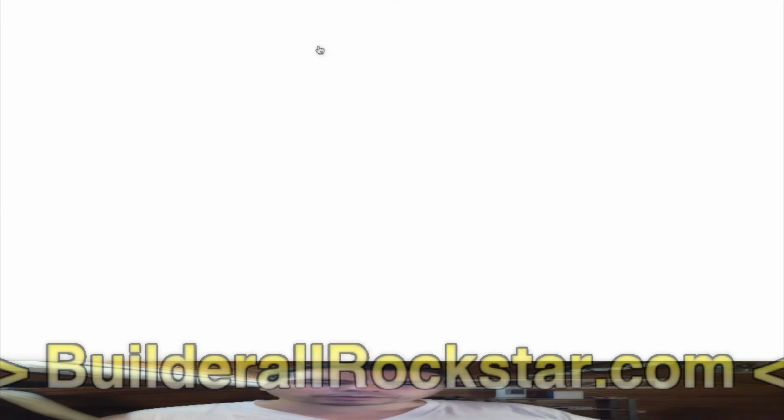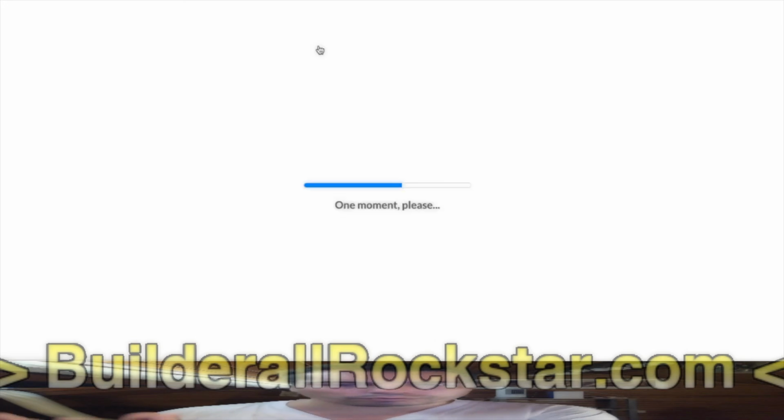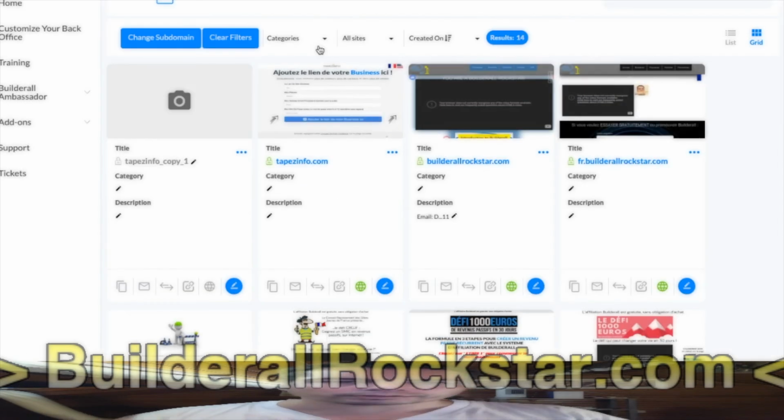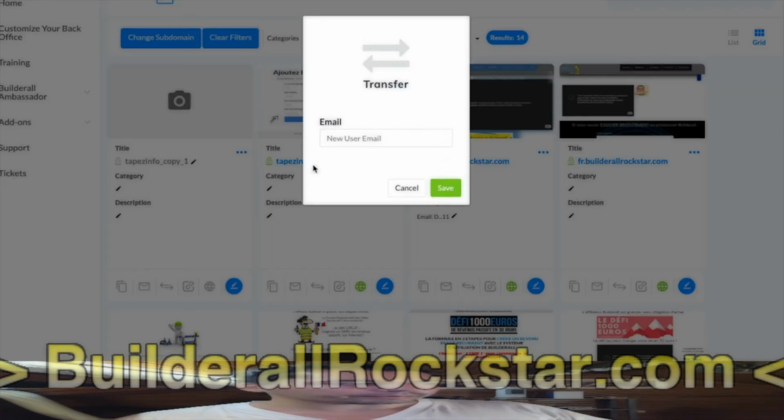And this copy, you can transfer it to the person, and he will receive this copy, and you won't have the copy anymore. So it's here, the copy one, and this, you can transfer it. You put the email, save, and it will go. It's a move. It's not a copy of your website.